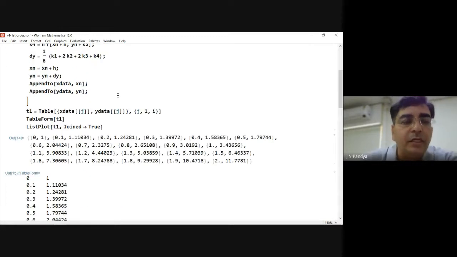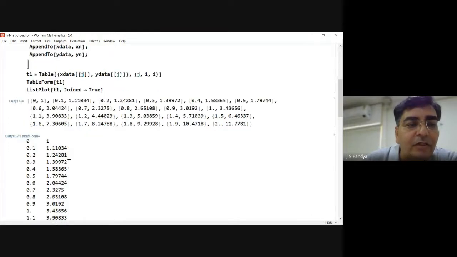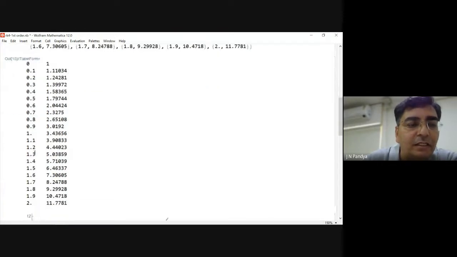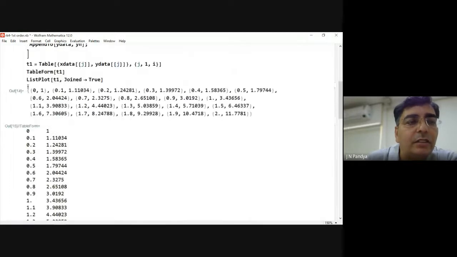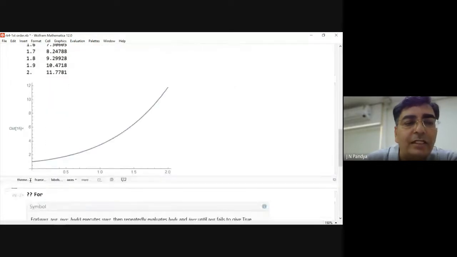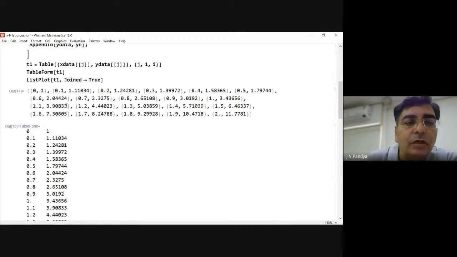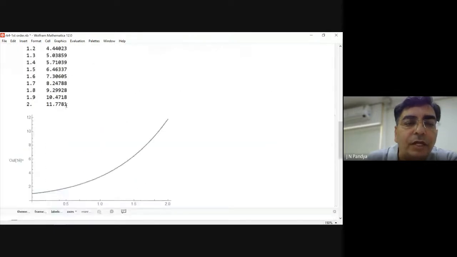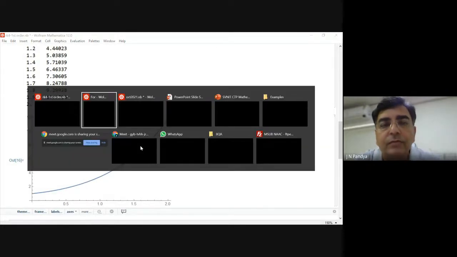Now it is coming. See, the basic idea is this is the table. Okay. And now that table is written in a table form. That's it. Okay. So you have got 0 and you have got 2. So 21 items are there, and this is the output. Okay, for this particular case. So if you recall, when we were working earlier, it gave us this shape. Where was that? Here.